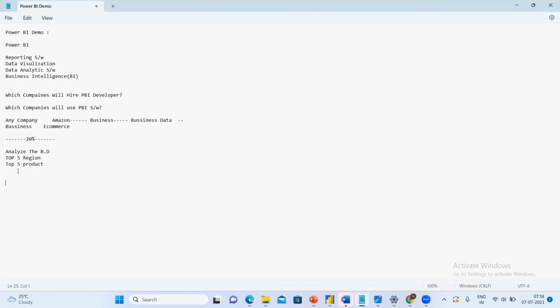Once they buy the tool, we will connect Power BI and take whatever data was stored in SQL or Excel. We will connect the data and bring the data into the Power BI engine. Once you have done that, we will analyze and show the top five, bottom five, or last year sales and present year sales. All of it will be a comparison and we will represent the data. But who will be developing all this? Who knows Power BI? The Power BI developer.